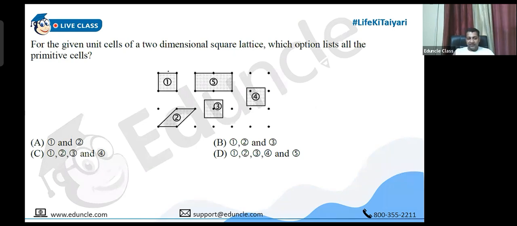Now see, in 1, atoms are present at the corners only. So obviously, this one is primitive. This one is also primitive because atoms are present at the corners only. And in 3, there are no atoms at the corners, but 1 is there, which is present in the body